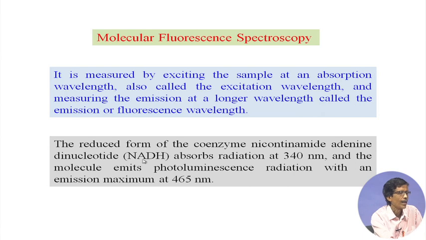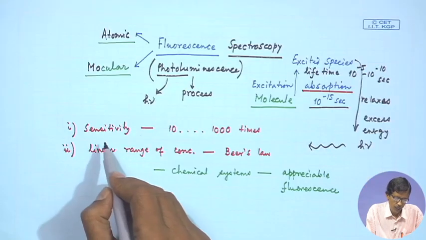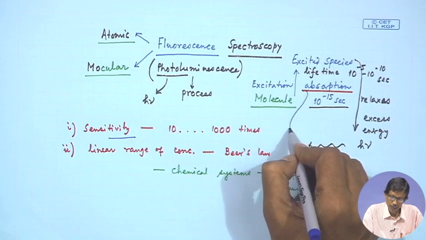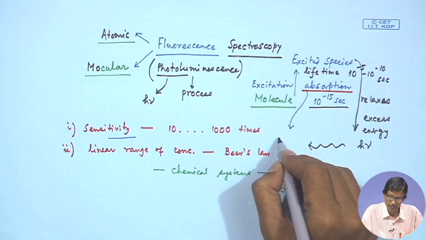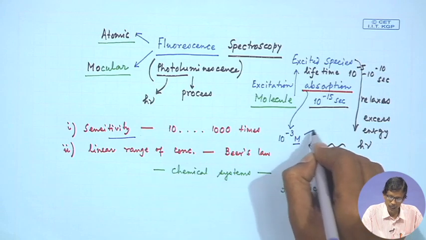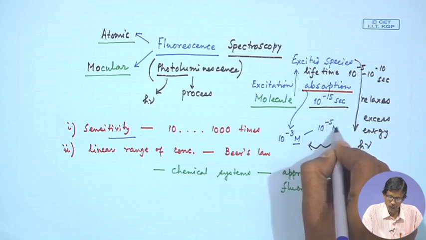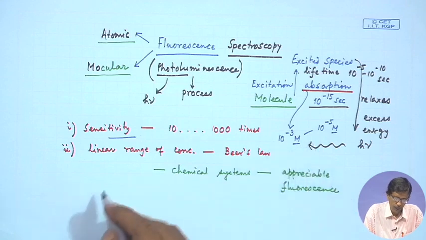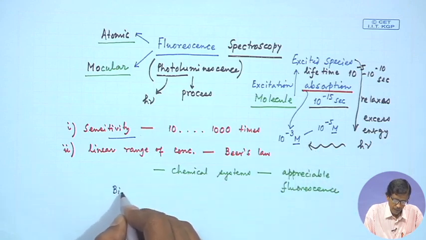So, this particular analyte is very useful for our analytical chemistry class and the use of fluorescence spectroscopy, because we are handling a coenzyme. Why are we taking the example of a coenzyme? Because we are talking in terms of the corresponding sensitivity. In the electronic absorption spectrometric method, we have seen that we can have a concentration range of 10 to the power minus 3 molar to 10 to the power minus 5 molar. We cannot go below that concentration, but when we talk in terms of biochemical samples,